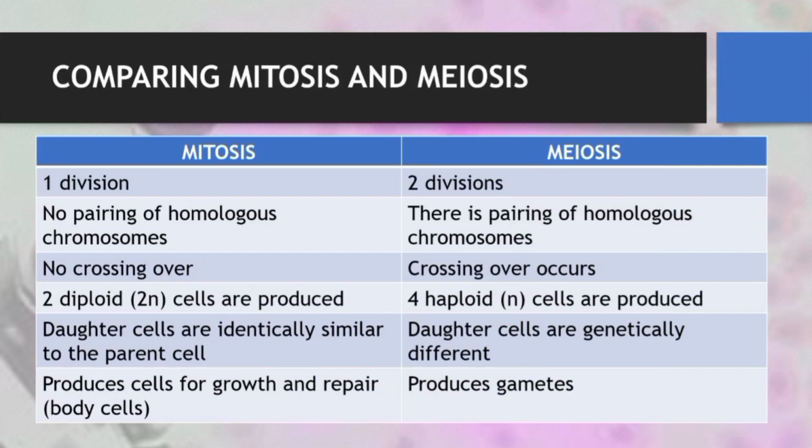And in meiosis, daughter cells are genetically different. And what is the reason bakit hindi eksaktong magkatulad yung original cell doon sa daughter cells? Yes, the answer is because of crossing over or recombination. And finally, mitosis would produce cells for growth and repair. Okay, so para sa body cells, and meiosis would